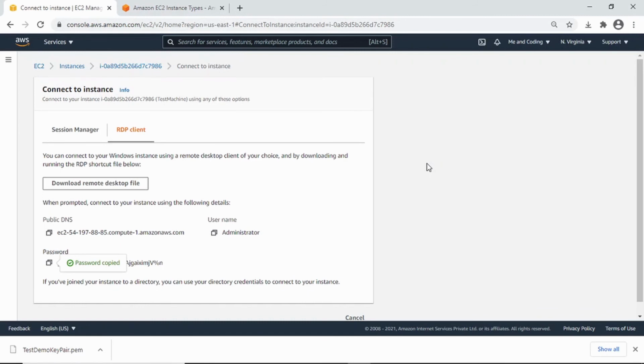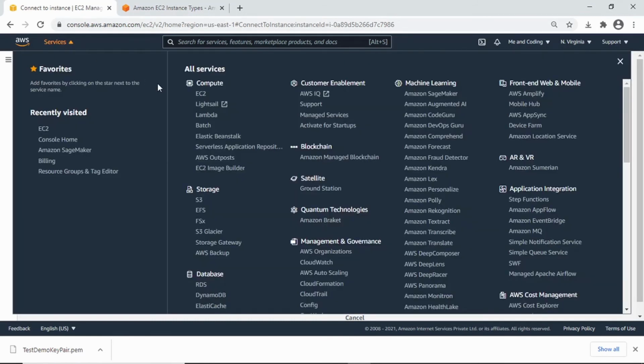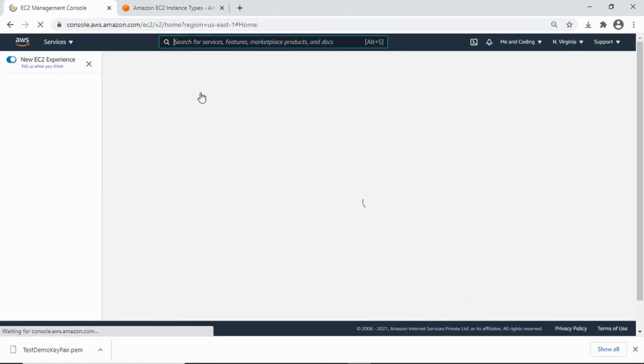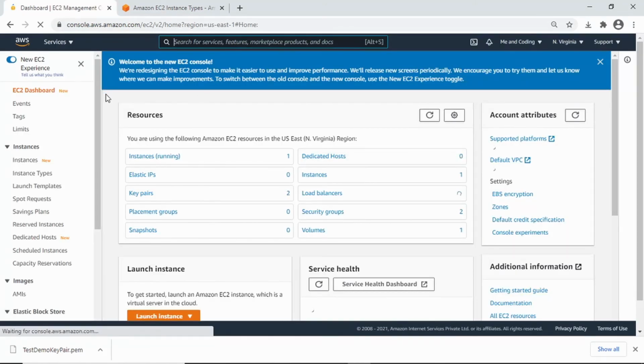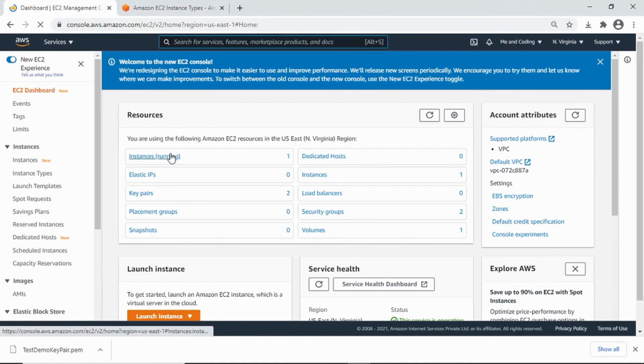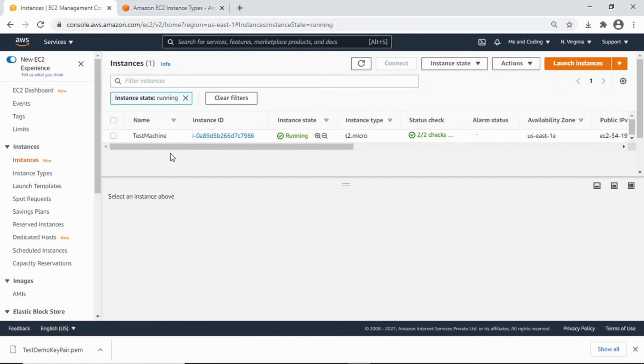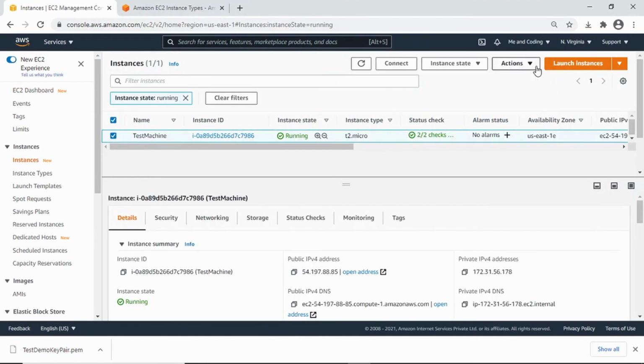Now let us see how to terminate the instances. Go to services, select the EC2 service. Here click on running instances. You will see the machine that we have created just now.